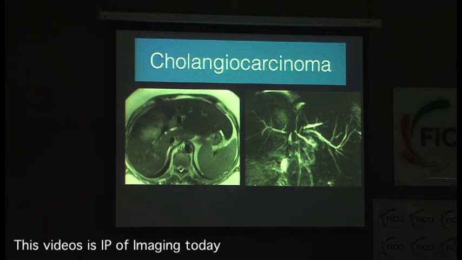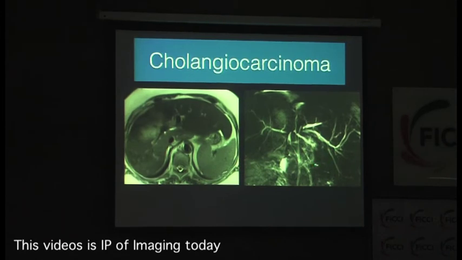So one thing which you can see on CT and the base image is how far ahead the ducts are involved. So you want a negative margin. It doesn't matter if you get a negative margin from the artery and the vein. You need a negative margin on the ducts as well. And if the ducts are really far inside involved, the surgeons really can't do much about it. They can't really dig into the liver and try and do a HA. So you have to be sure that the intrahepatic ducts are not too badly involved. So that is another thing you have to look for at cholangios.